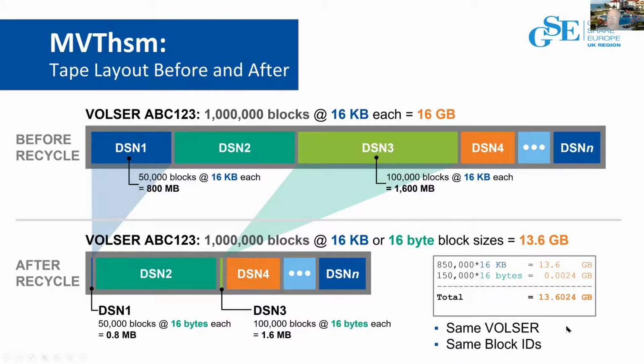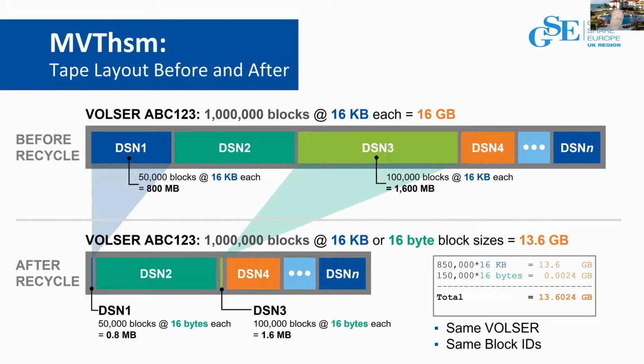Now, again, this is just an example. Usually when you're doing a recycle, you're going to have half of the data sets, therefore, half or more of the blocks on the container file that are invalid. So there's a much bigger savings to be realized, but we're doing this just as an example so that it's easy to follow.